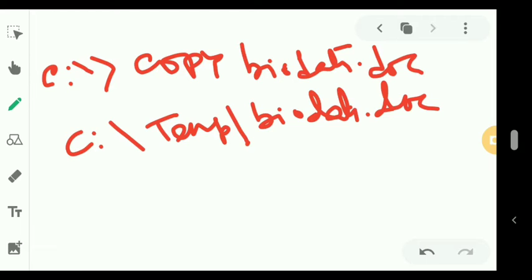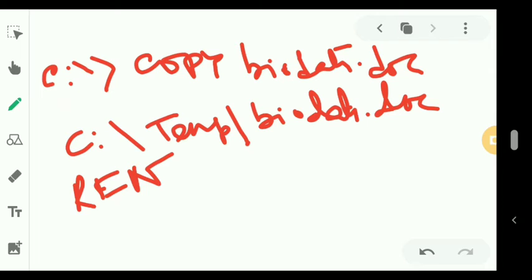Okay, now another internal command that is there, that is the rename one. Okay, so the rename command is also known as the ren command. Okay, so the rename or ren command is used to rename a file or directory. The rename command follows the path and the file or directory name to rename, and then the new file or directory name. So the old file, and then you have to mention the new file name.